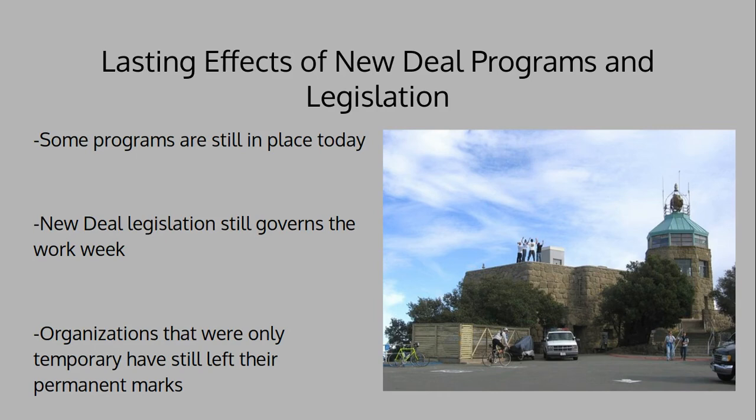On top of this, one other example I have is the putting in place of electricity in rural areas. That was started during the New Deal, and by the 50s, rural areas where most of them didn't have any electricity before, most of them had it, and that electricity is still in place in those areas, and it continues to be improved as technology progresses forward. So those are some of the lasting effects, and yeah, a lot of national parks as well. If you go see those, you have the New Deal to thank for their creation or improvement.